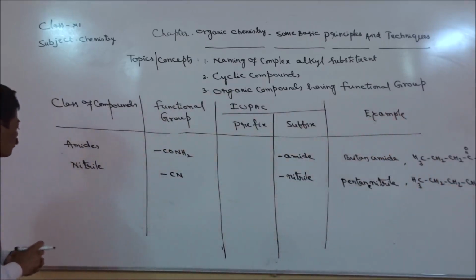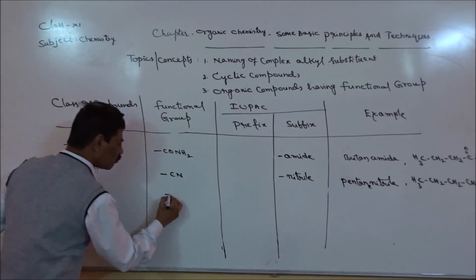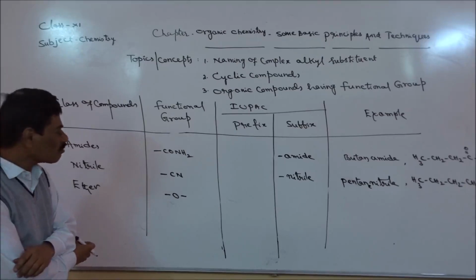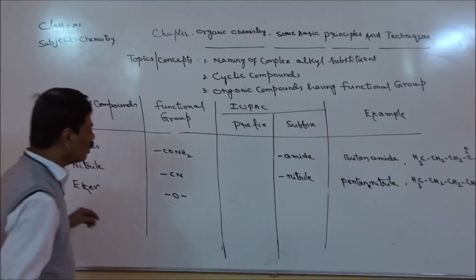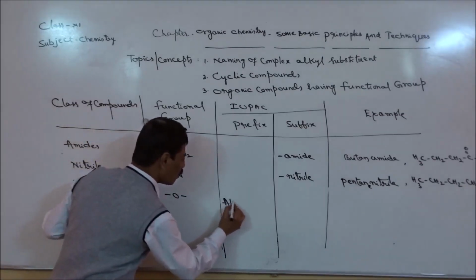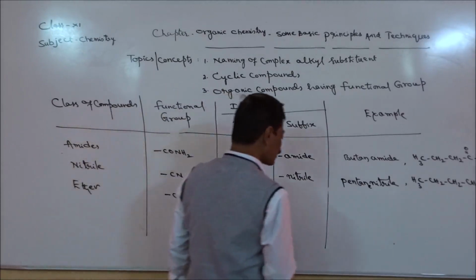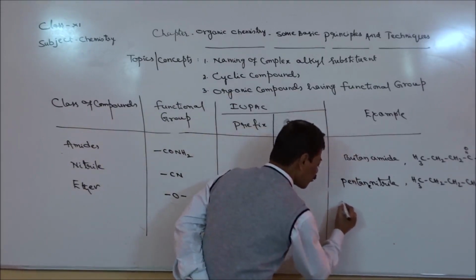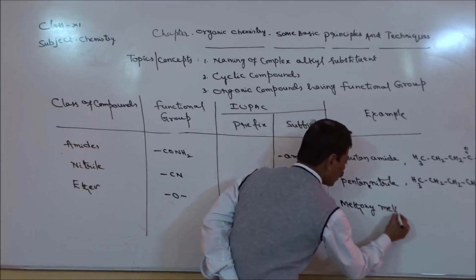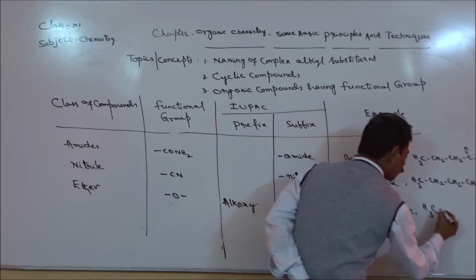Next compound is ether. The functional group of ether is O. On either side of the oxygen, if we put bonds, then it will become the functional group of ether. And its name begins with alkoxy, so it should be the prefix. Alkoxy. Right. And the best example for this is methoxymethane. It is CH3, O,